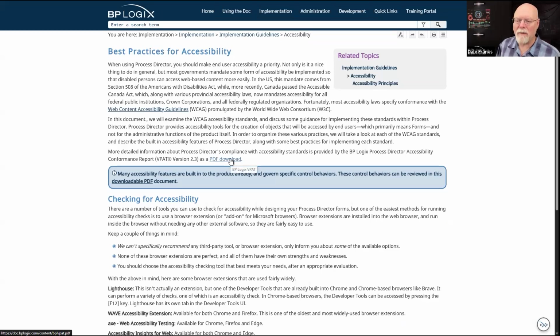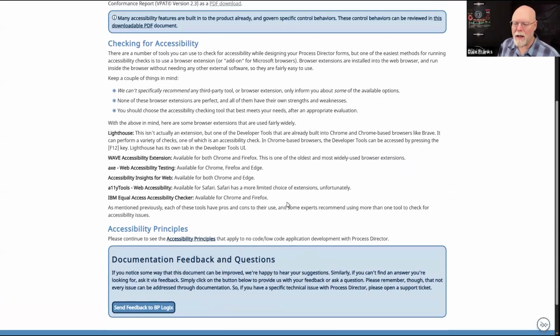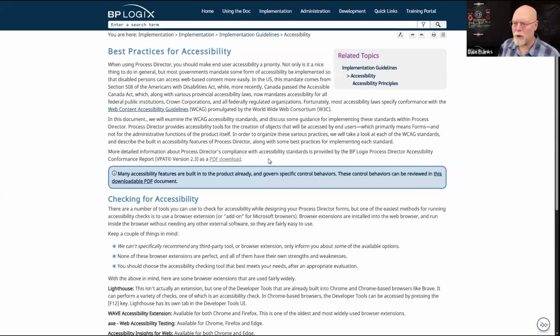There's a link to our VPAT. Our VPAT has a lot more technical detail, I think, and a lot of unnecessary detail for regular use, but there is a PDF that you can download that contains all of the information that we have in our accessibility principles documentation that is on the web.